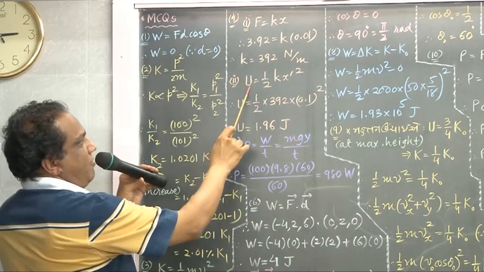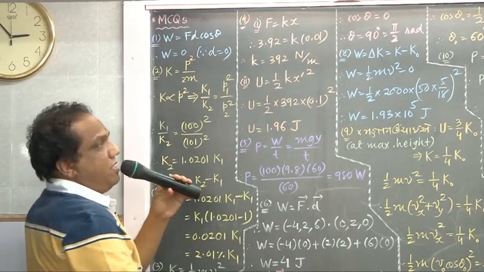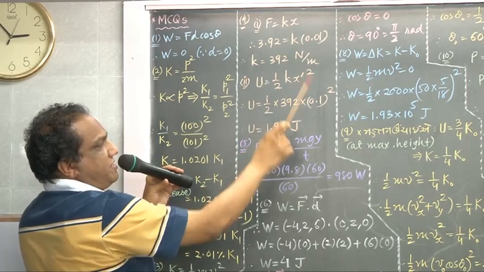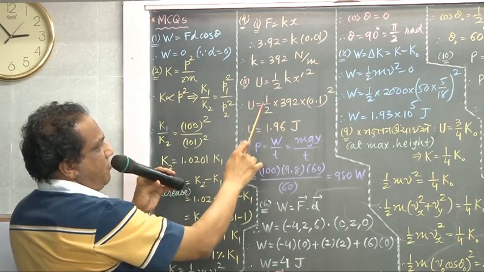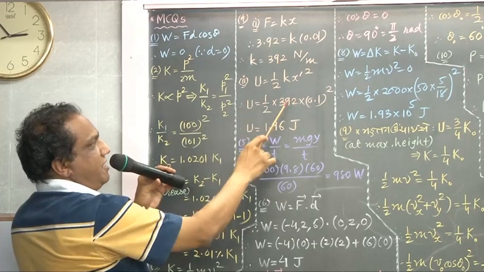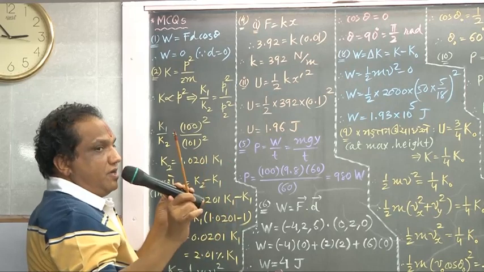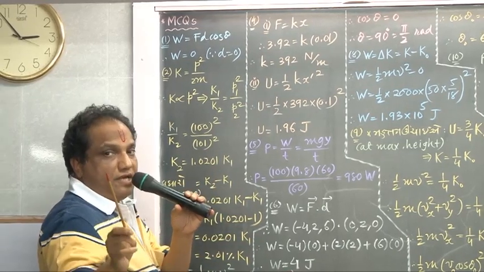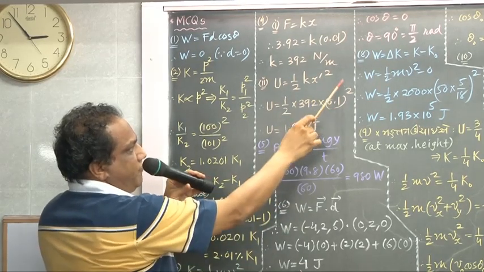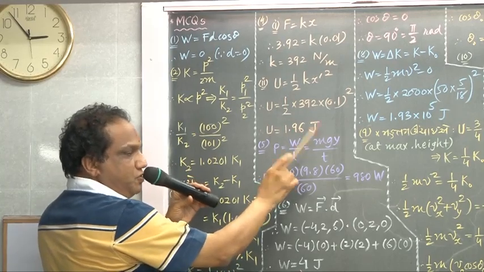Do you know the formula of elastic potential energy? The formula is half K x square. But these displacements are different, so I am using a different symbol here, x dash. Now 1 by 2 as it is, because the spring remains the same, force constant is constant, it is 392. And what about the new extension in the spring? They have given 10 centimeter. Convert into meter, 10 upon 100, that is 0.1 meter, square of it. Simplify. Answer is 1.96 joule.